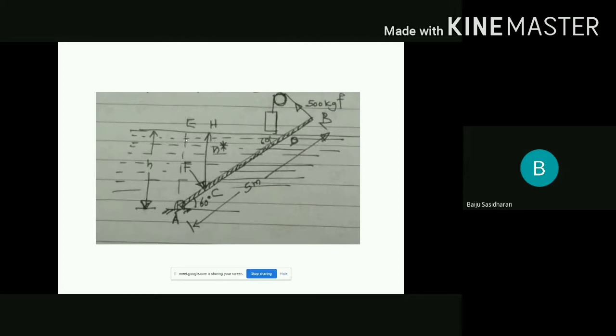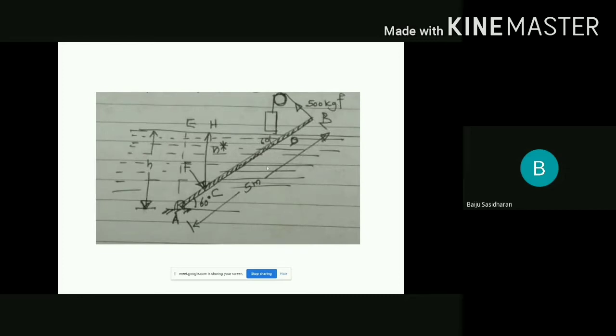So the level of water, that is from here, that is H, the height of water, will be gradually increasing. At a particular height of water, this gate will start to move downward in the right direction. At that time, the water will move to the right side. And subsequently, whatever bodies are on the water will be moving in the right direction. That is the function of this gate. I think it is clear to you.